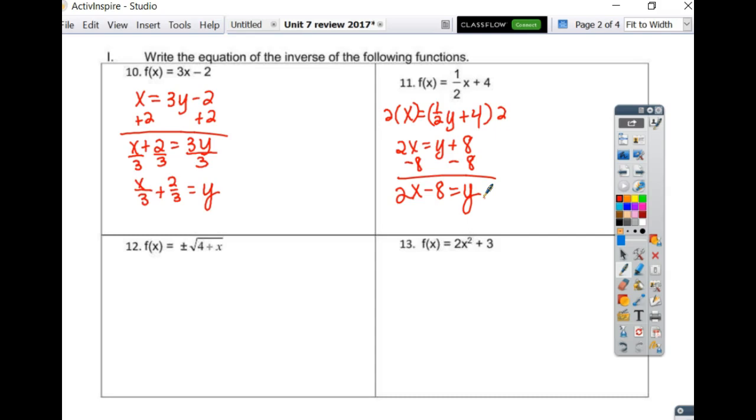Okay, for the next one, let's flip the x and the y. So I've got the x by itself. I need to solve for the y. So how do I get rid of the square root? We have to square both sides, right? Because they're inverse operations. So if I square this side and square this side,